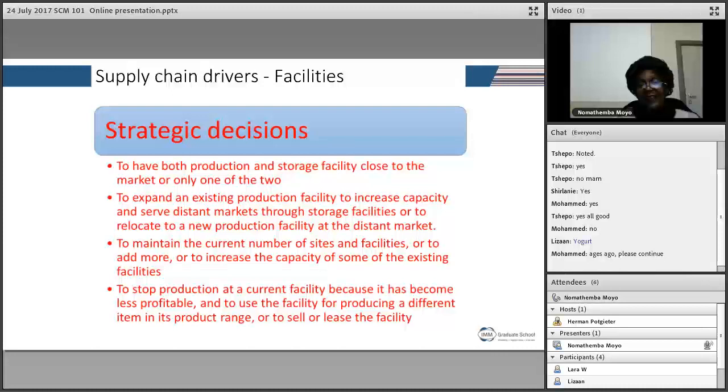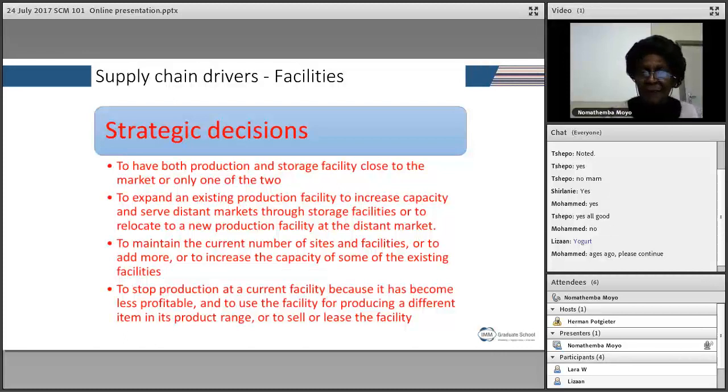Then supply chain strategic decisions on facilities. You had this as well. Strategic decisions to have both production and storage facility closer to the market or only one of the 2. Secondly, to expand an existing production facility to increase capacity and serve distant markets through storage facilities, or to relocate to a new production facility